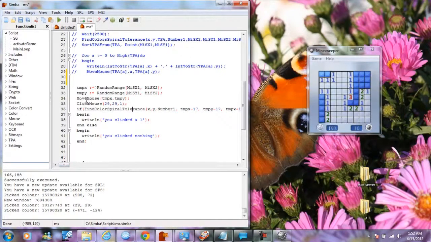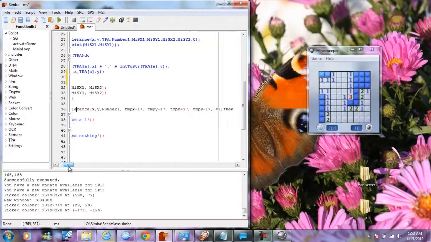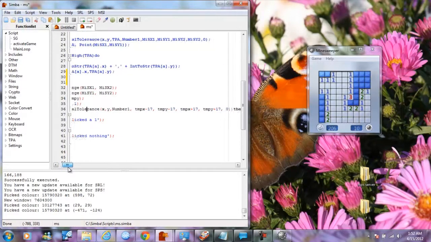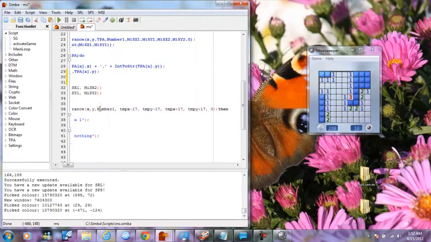Let me explain it here. First off, you'll realize we no longer need to store it in an array because we're only looking for one thing. The big part to this isn't the array, but it searches for the blue color, which is the number 1, and then it searches the TMPX, which is where we clicked, and we minus 17 to make a box around it, because that's how